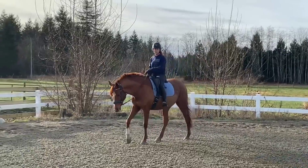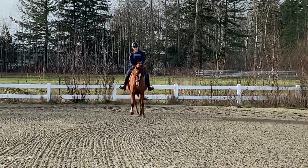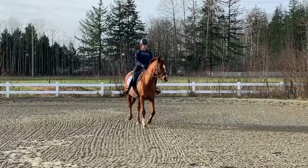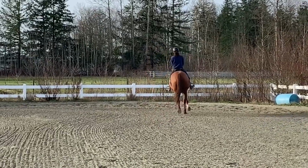I've only had the chance to ride the movement on more experienced horses a couple times, so I'm still getting used to the feeling and where to put my body to ask for it properly, and Milo does not know the movement yet. We're kind of just putting it together and he's starting to figure it out, and he'll offer a step of it here or there, but it's obviously not very